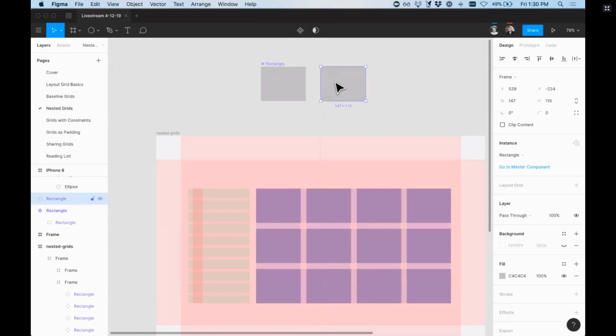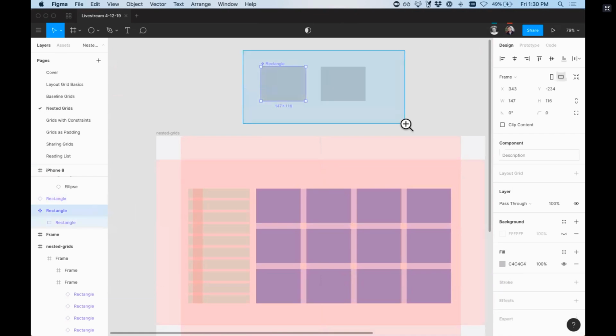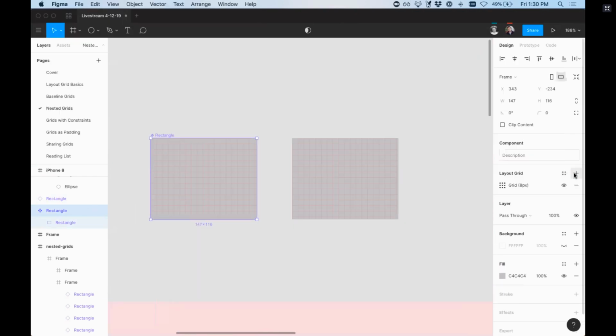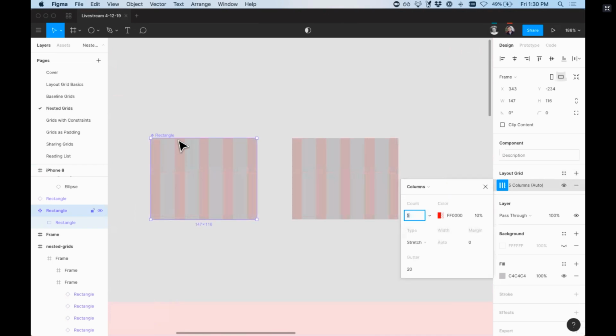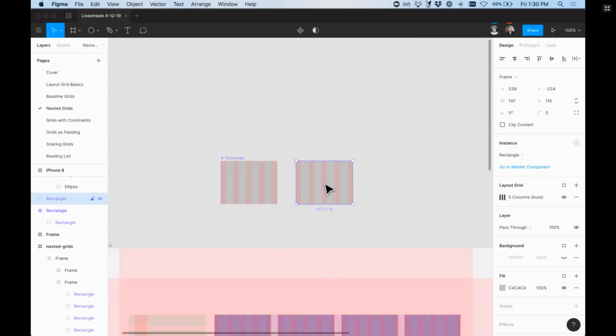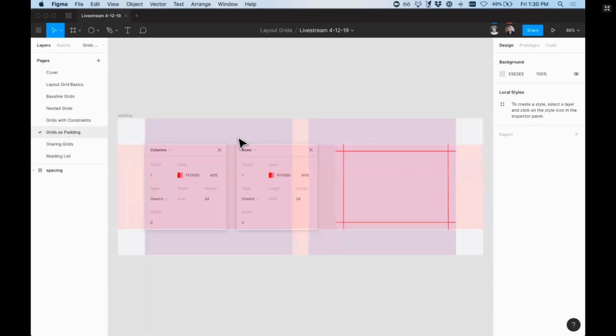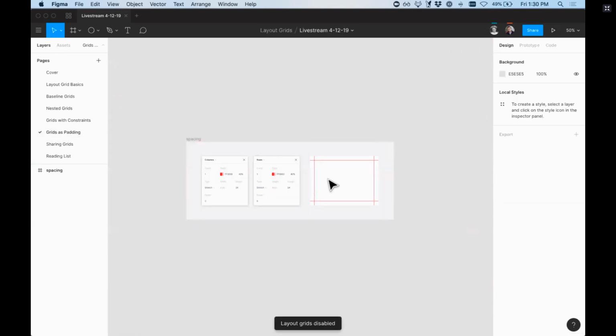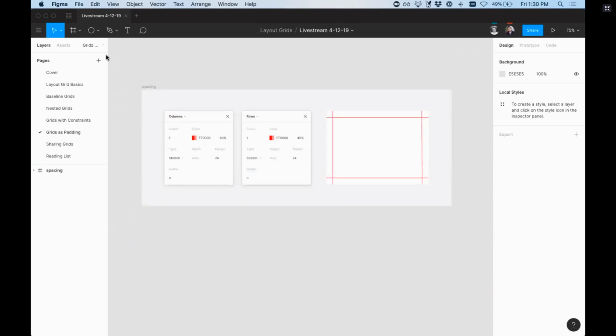If we were to take a component and add a layout grid to it, that component basically functions like a frame. So if you want to have a grid that's within a particular component, you can totally do that. But going back to what I was saying, if you want to create a grid that almost looks like this, that gives you a really light, faint indication of where the padding is to standardize spacing in your design system or something, then the way that you can do